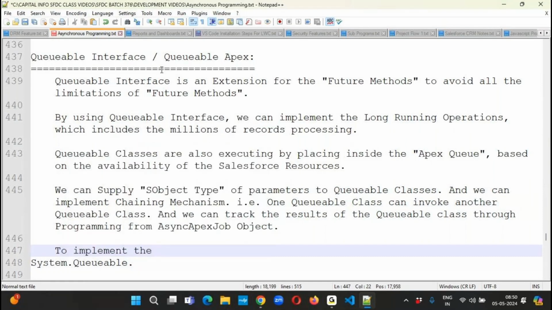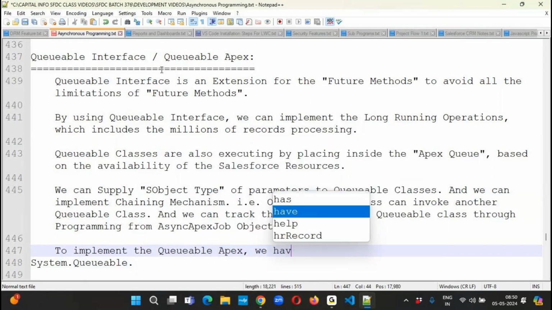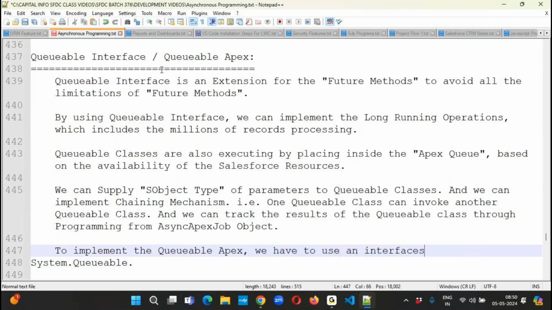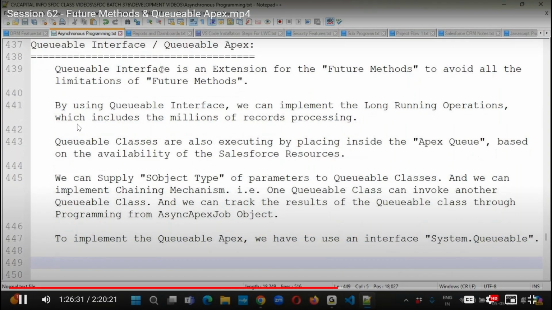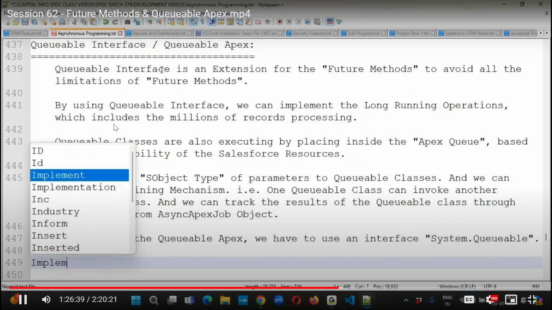To implement the Queueable interface or Queueable Apex, we have to use the interface System.Queueable. Then how can we use this? Okay, we'll see. Implement